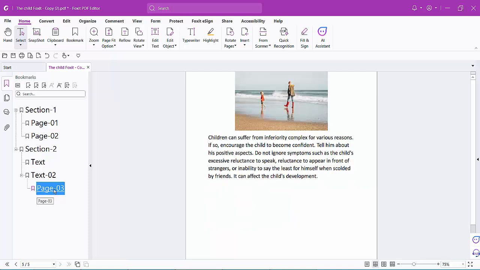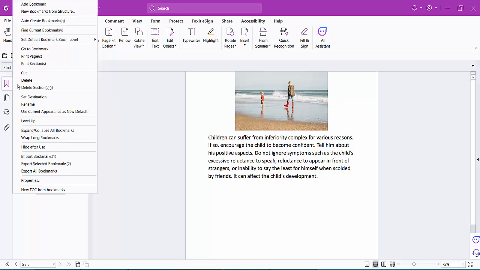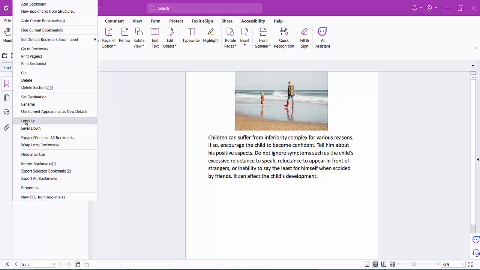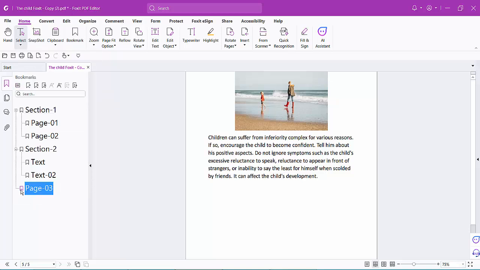Click on this bookmark and select. Now click on this option. Here you will find this Level Up. Again click on this Level Up and see this one. Now it is a normal bookmark, and I will make this normal bookmark under this Section 1, and here I will make